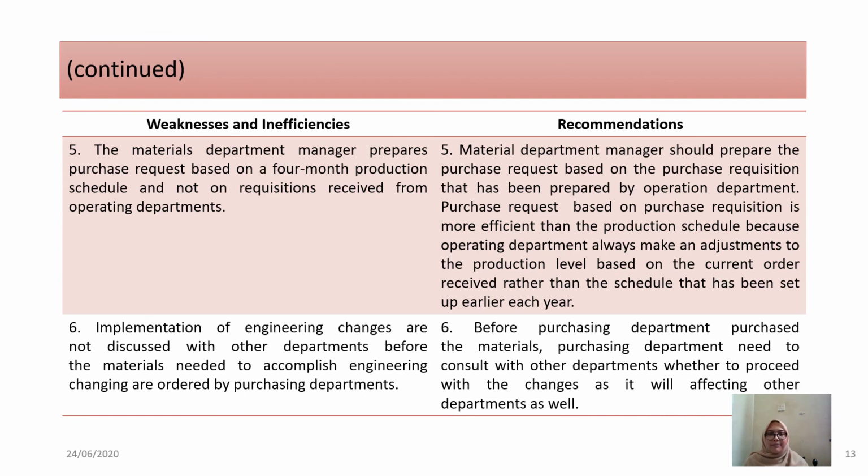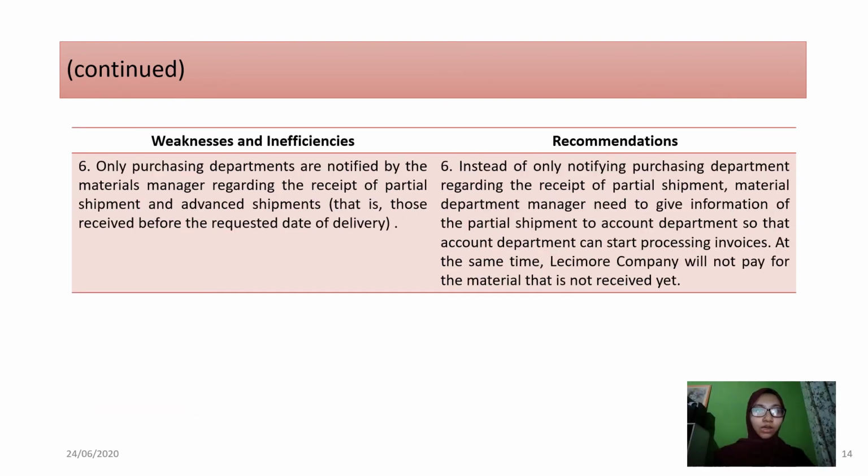Next, the immediate purchase of material needed to accomplish engineering changes by the purchasing department. This is one of the weaknesses because before the purchasing department purchases the material, the purchasing department needs to consult with other departments first on whether they want to proceed with the changes, because the changes not only affect the purchasing department but also other departments as well. The last weakness and inefficiency in the case of Lismore Company